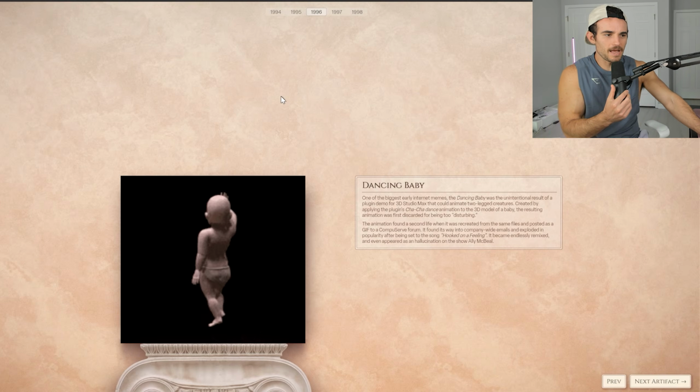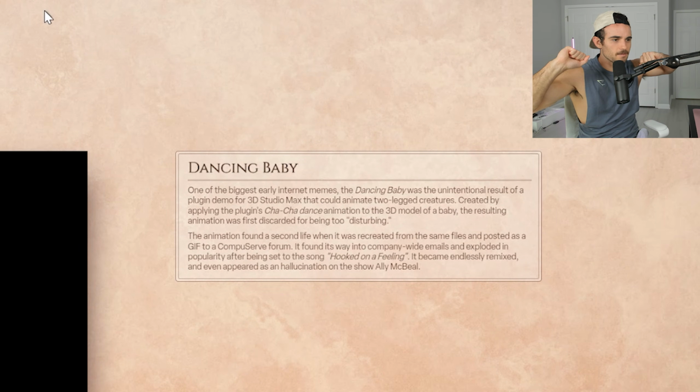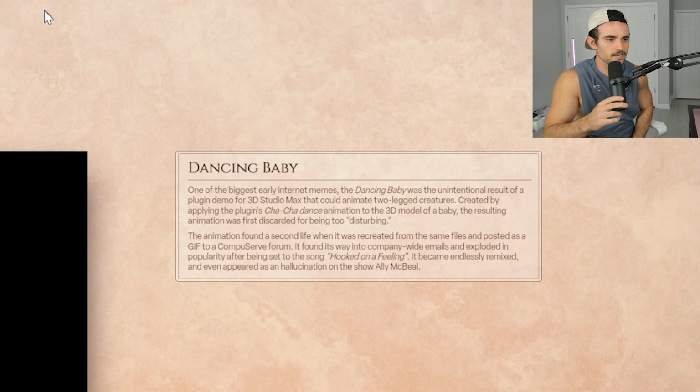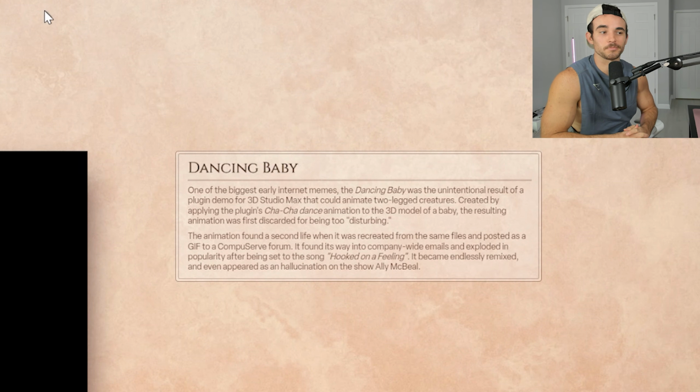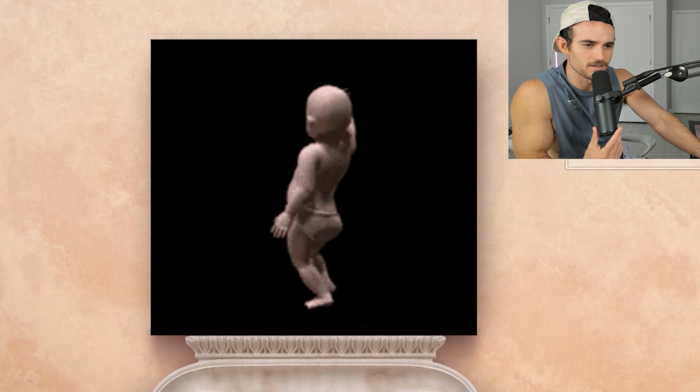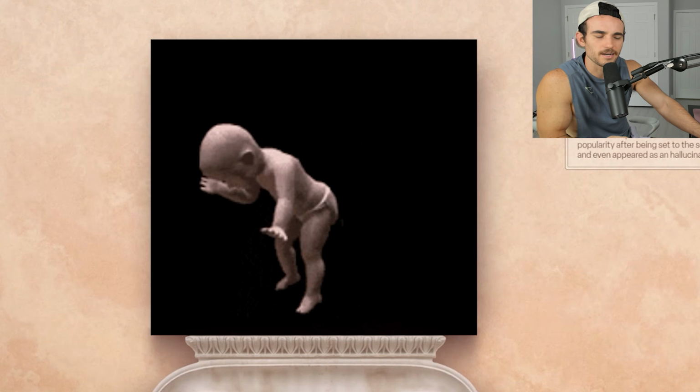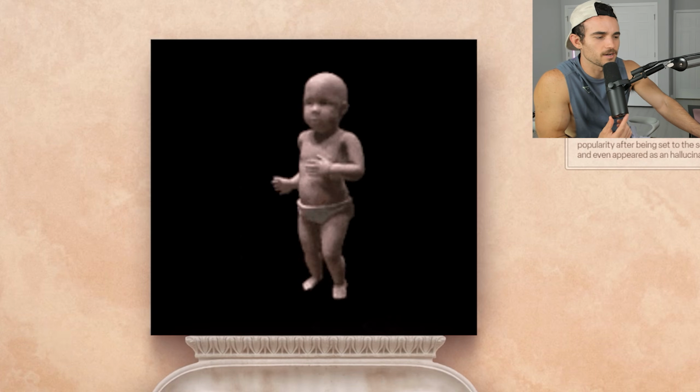Moving on, we have the Dancing Baby. So this was one of the biggest early internet memes, and it could animate two-legged creatures, 3D Studio Max, which was a revolutionary plugin demo, and people called it too disturbing. I mean, it is definitely pretty concerning. I don't think it's crazy, but I've seen a lot of crazy things having been on the internet for over